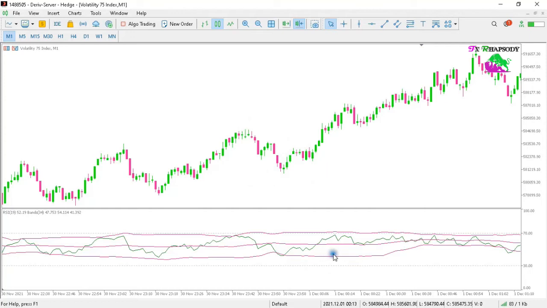There is plenty of these entries during the day. Do not be greedy. Do not hold your trades for long because you will get stopped out. Remember to use your risk. If you don't use risk, you will blow your account. So basically, get your entry,